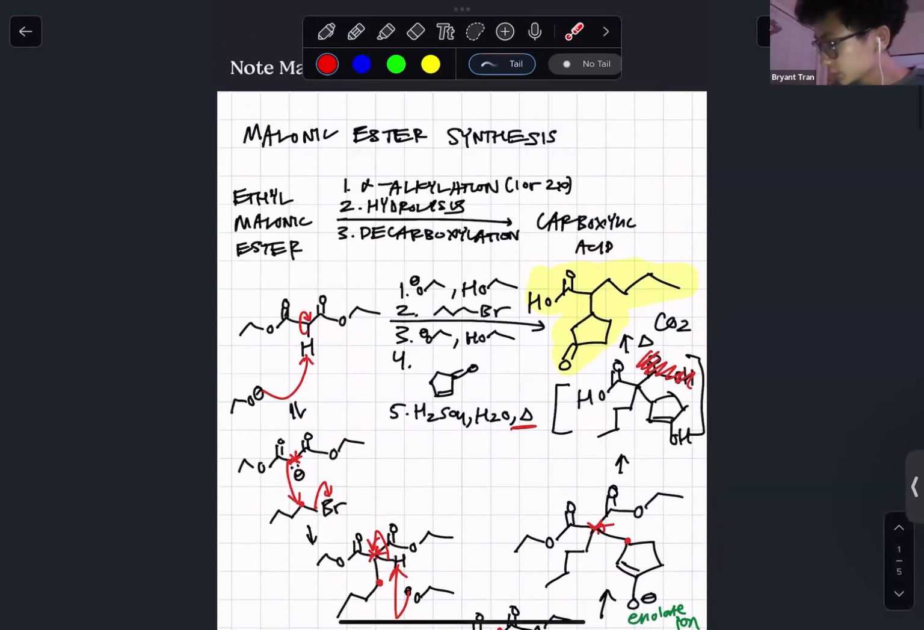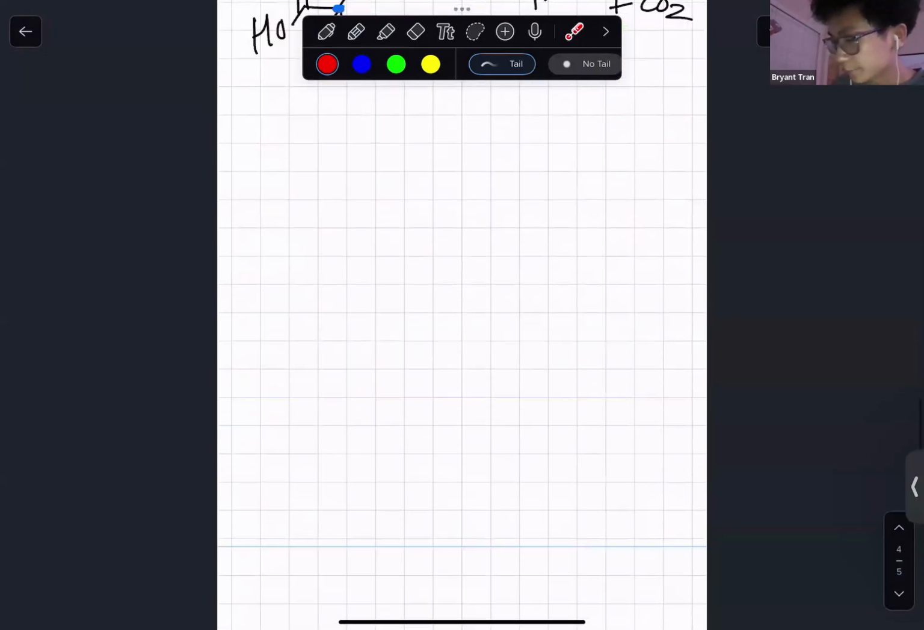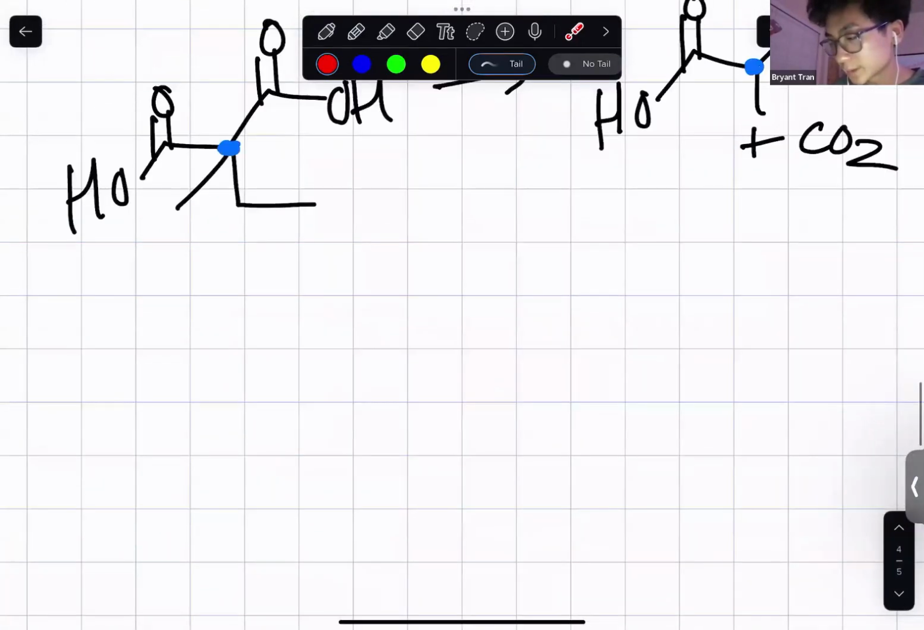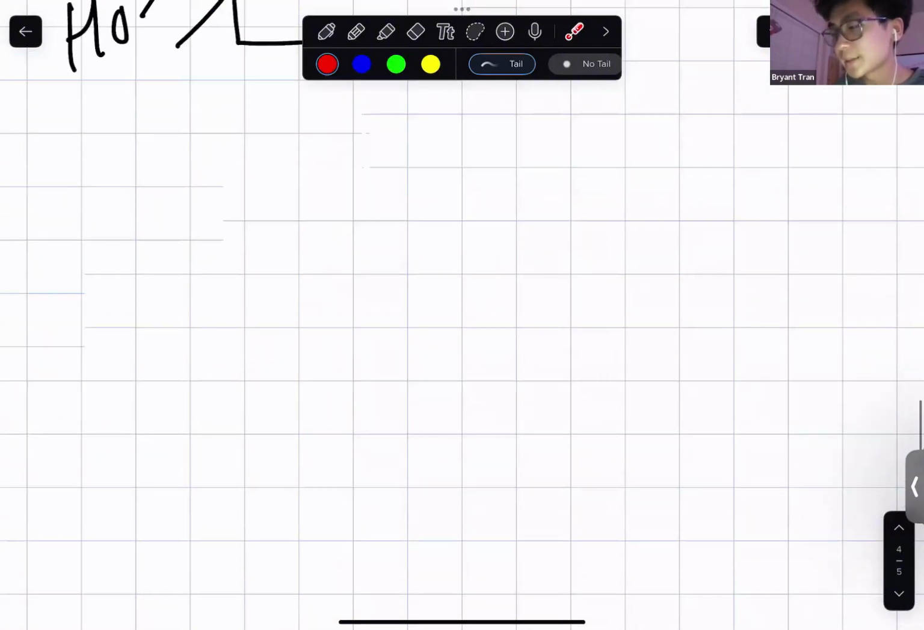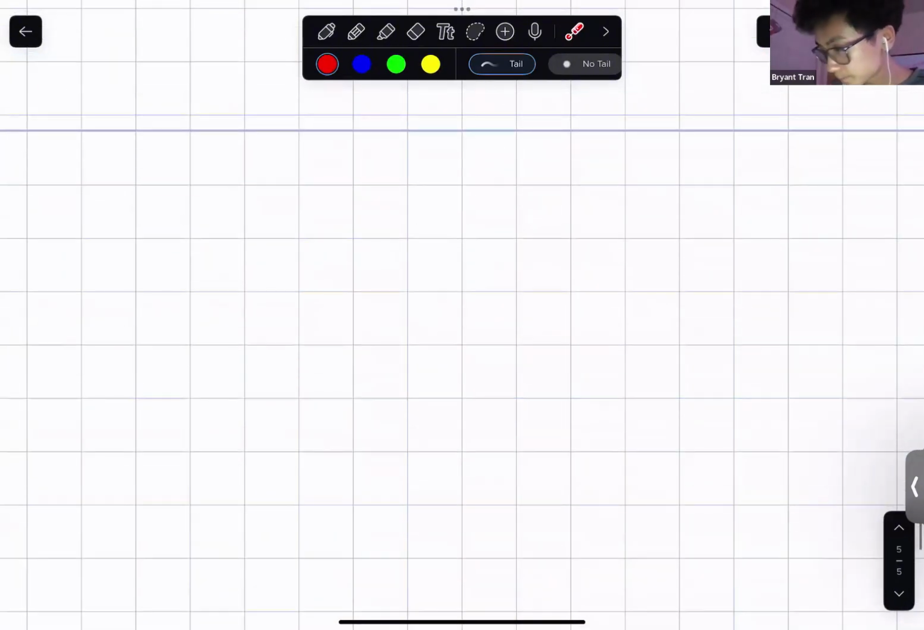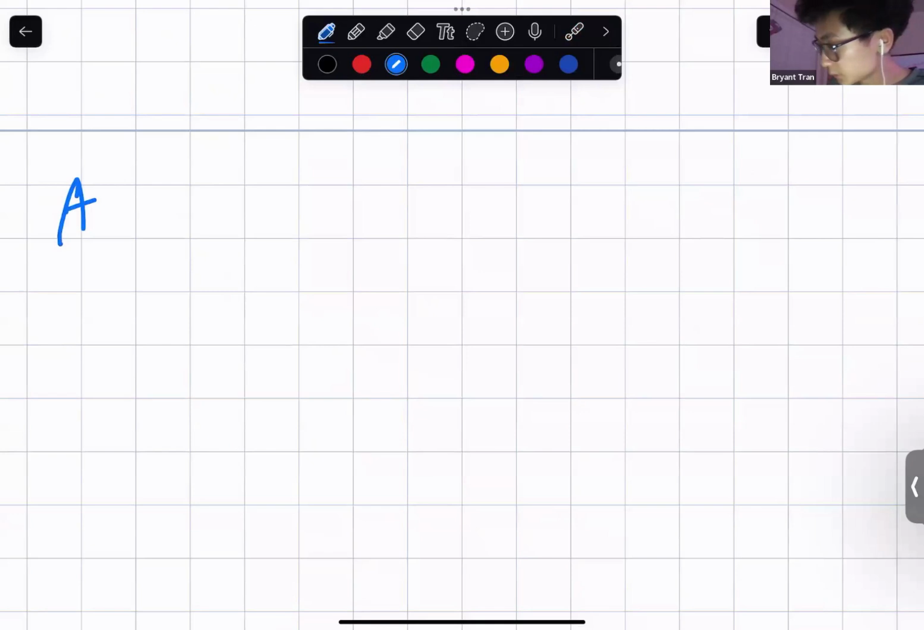Okay, let's move on to acetoacetate synthesis. And I'll give you guys some practice problems to work on. And then I'll move on to 118B. So we got